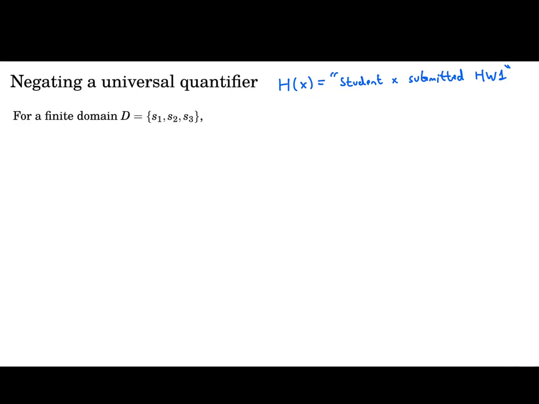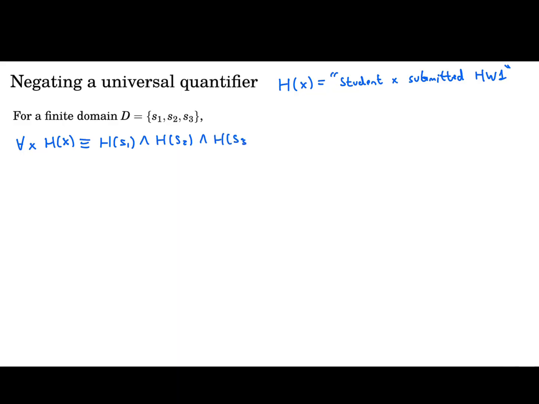And so suppose that we want to negate the statement for every student x, so for all x, h of x. So first of all, remember that the universal quantifier essentially behaves as a big AND. So this will be equivalent to a big AND over all the domain, which is essentially h of S1 and h of S2 and